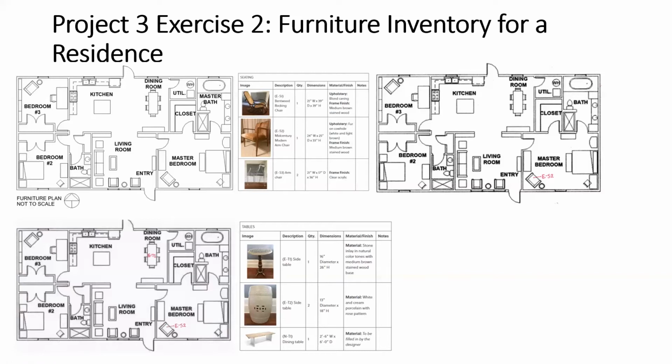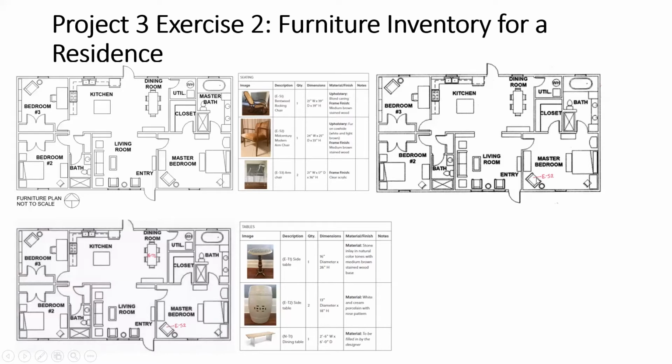Now, once you've decided where you're going to put the client's existing pieces of furniture within this suggested floor plan, you're going to have to mark the floor plan. You're going to go through that furniture inventory and copy down the furniture designation that you see to the right of each of these pieces, and you're going to put it onto the floor plan. So here's one example. I have decided that I'm going to put ES2, this mid-century modern armchair, right here. So on my floor plan, I've labeled it ES2.